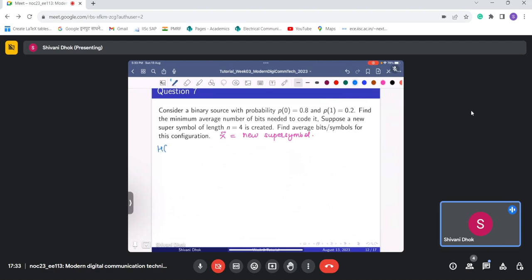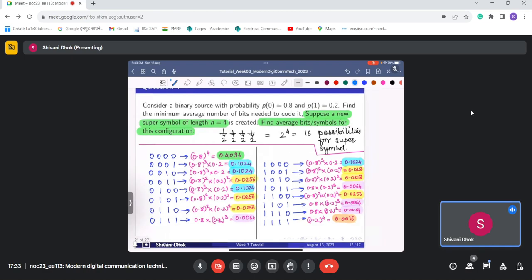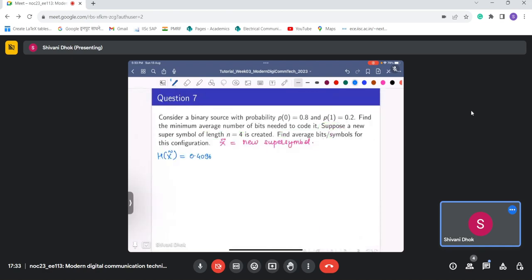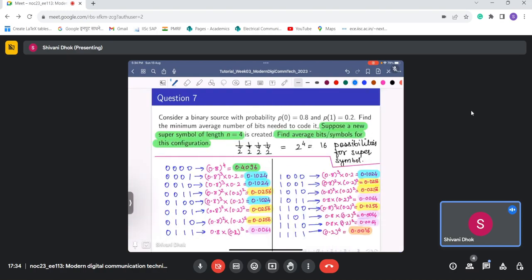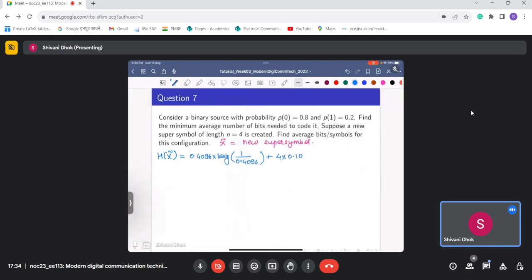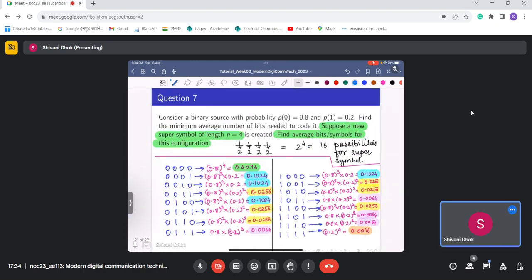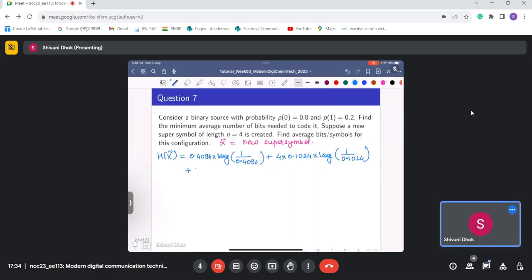So what we have here is H(x tilde) is equal to 0.4096 into log of 1 upon 0.4096, plus this 0.1024 appears 4 times, so this will be 4 into 0.1024 into log of 1 upon 0.1024, plus this 0.0256 appears 6 times, so this will be 6 times 0.0256 into log of 1 upon 0.0256,